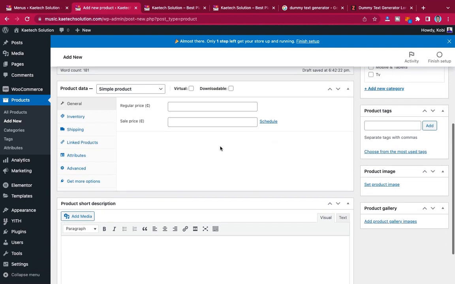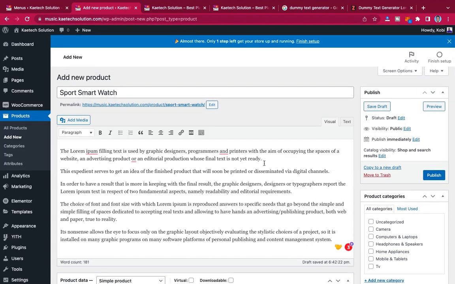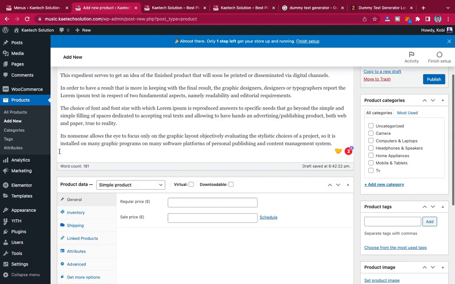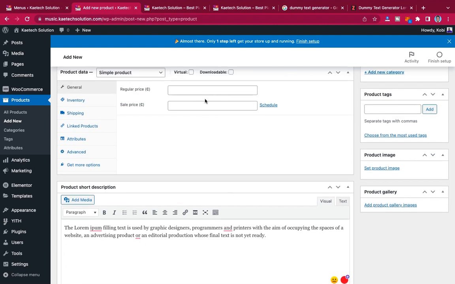And then over here you can give a short description. The short description appears at the top after the price. Okay, so I give a short description. Now